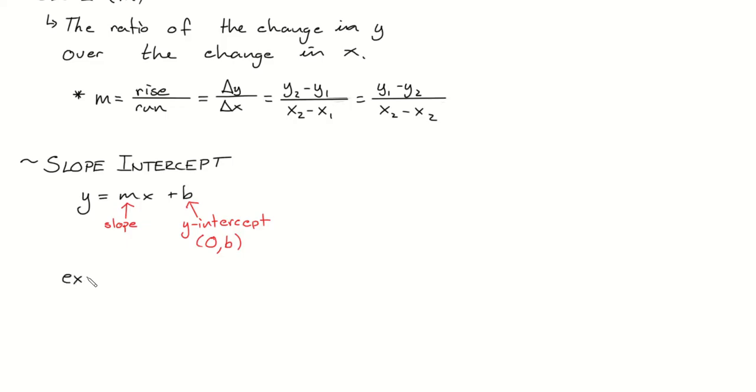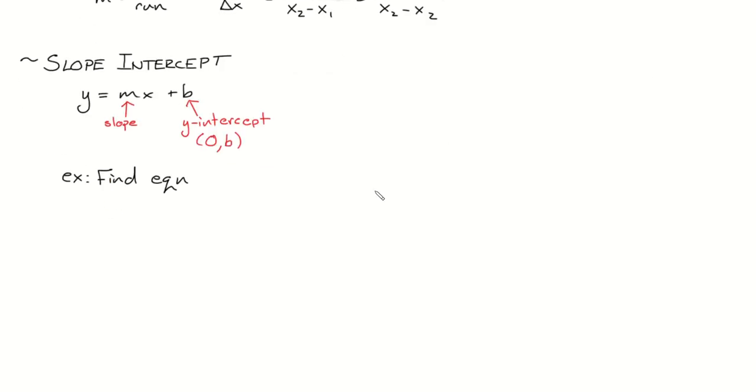Let's find equations. Find the equation. Now I'm not going to specify, but I'm looking for the equation in slope-intercept form, based on the way that this example is going to be set up. So here we go. On A, I want us to pass through the ordered pair (0, -4),